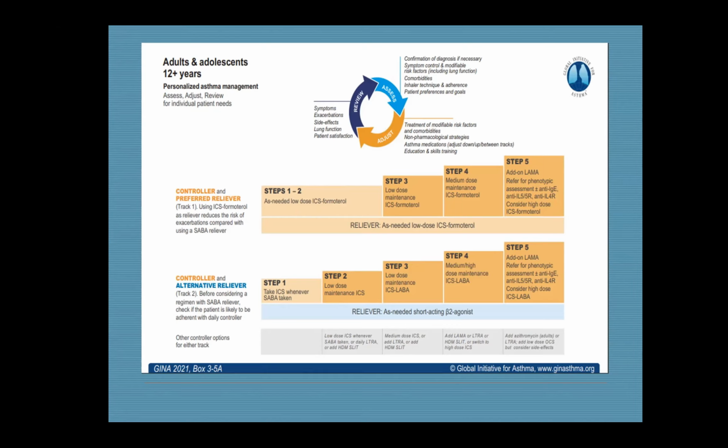Now, the other thing that they changed in the GINA guidelines is they added in these drugs that we're using now with such great success. So your anti-IgE, anti-IL-5, anti-IL-5 receptor, and your anti-IL-4/13 are listed on your step 5 for your GINA guidelines. So this is really wonderful. And again, for the same question that Bailey was asking, how do we get these expensive drugs for these patients? Well,